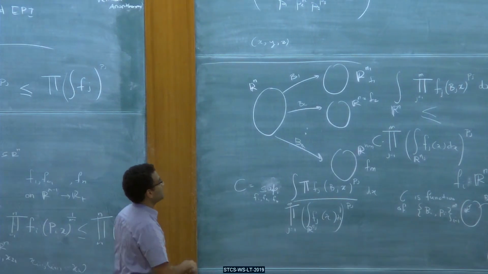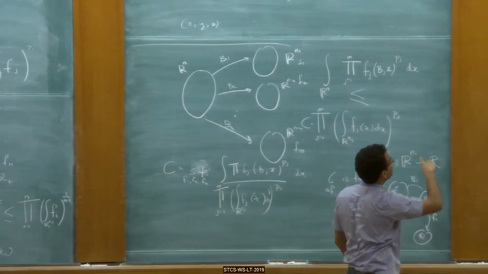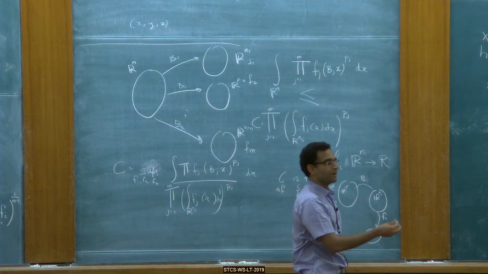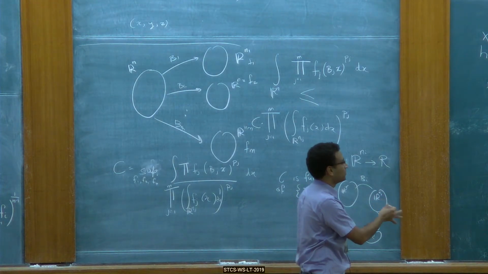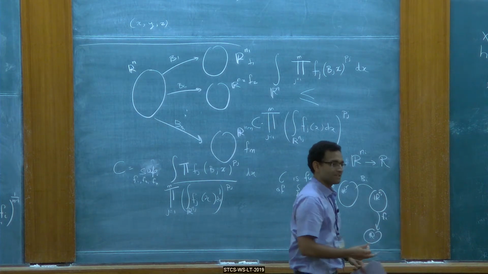So this is the Brascamp-Lieb inequality, that this inequality on the top holds. So it was proved by Lieb, but I think Brascamp also had some version of it, not the most general version. So it's called the Brascamp-Lieb inequality.